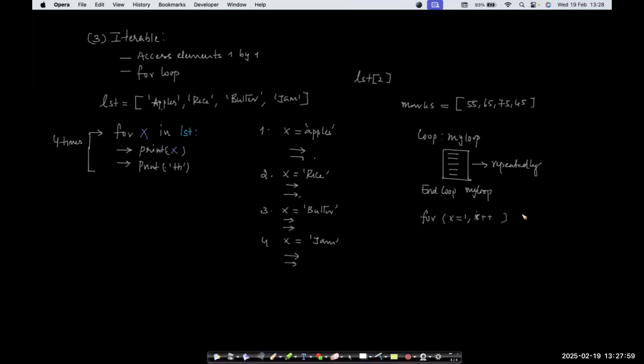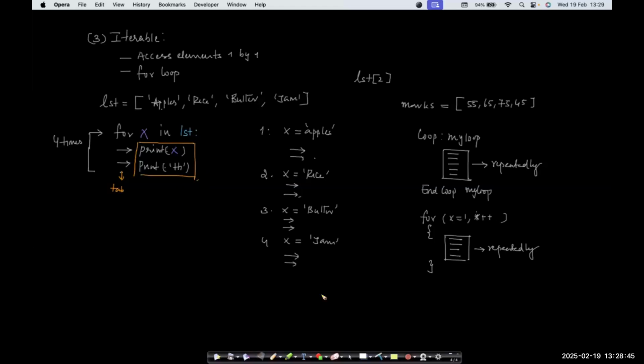So if you see C++, Java and all, you will have some curly braces. Everything you give within curly braces has to be repeated multiple times. But here we don't have anything like that, right? We don't have an end loop. We don't have a bracket. How do you know which lines have to be executed multiple times? It is only based on the space. So this tab space is very, very important when you do Python. When you're writing Python code, this spacing is very important. So these 2 lines of code will be executed 4 times,